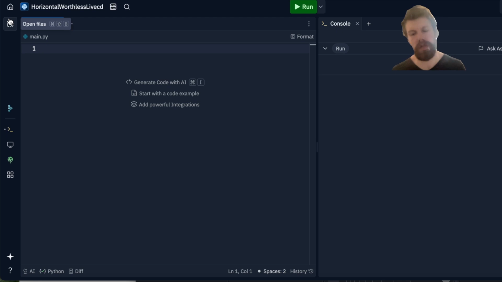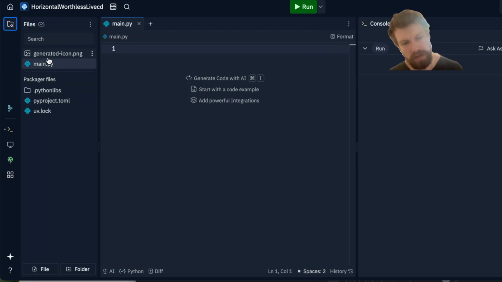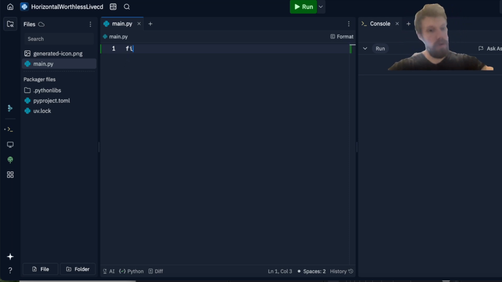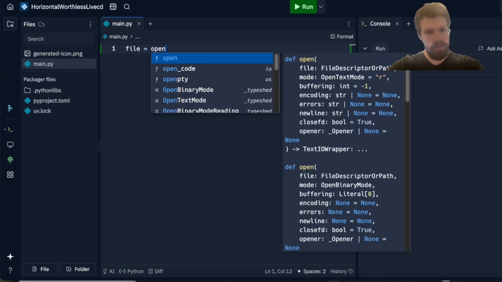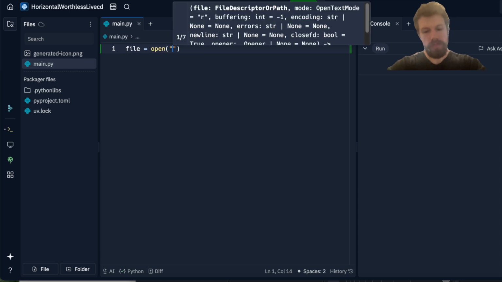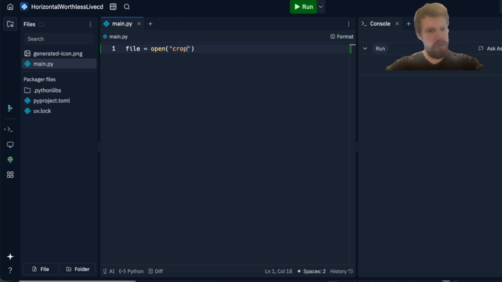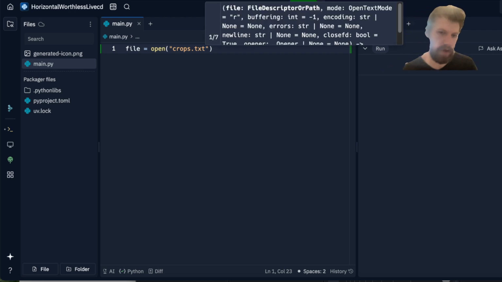The 4 instructions that we're going to do today are opening, reading, writing and closing. If you're on Replit with me, click this little button so that you can see this, because soon a new file is going to be there. We're going to call this a variable called file. You could call this whatever you wanted, but I'm just going to call it file because it makes sense. Then we're going to do open, bracket, speech marks, and then I'm going to put crops.txt. The txt file is the most basic form of file, and it just allows you to store information very